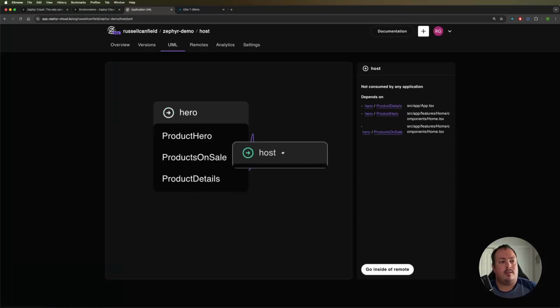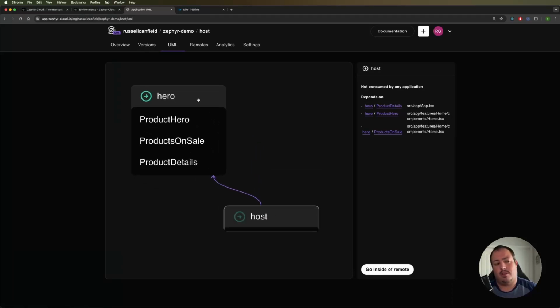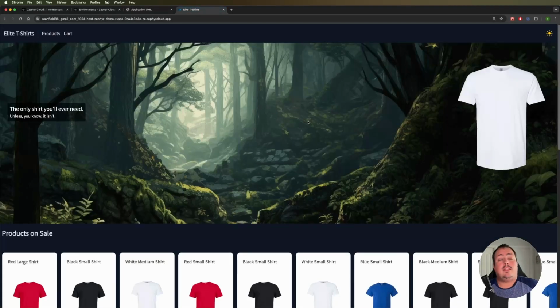You have the UML diagram. In this case, it's a little different looking because it's looking from the host and not the remote, which has a lot of dependencies. So again, this was a walkthrough of Zephyr Cloud,